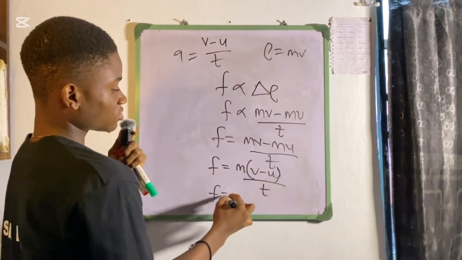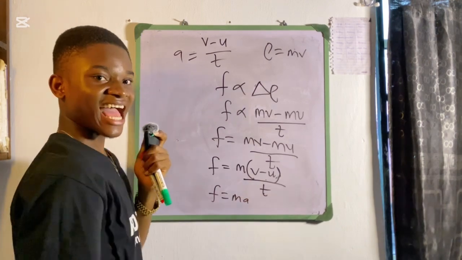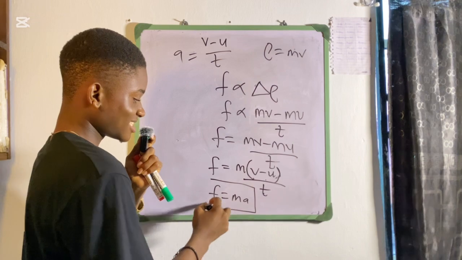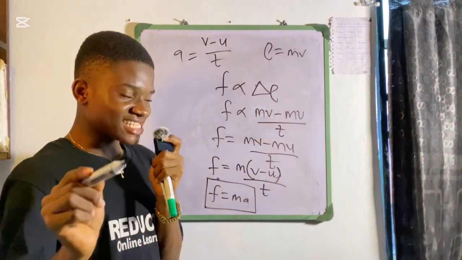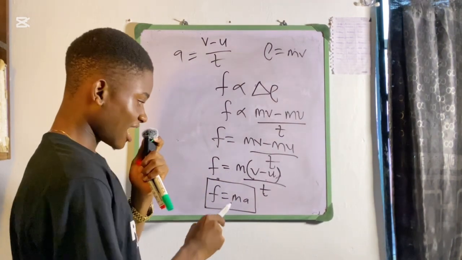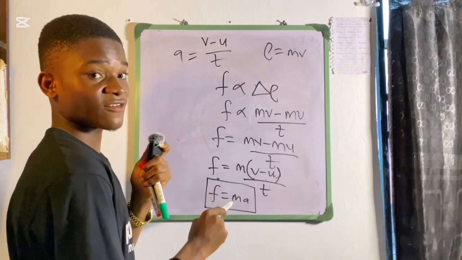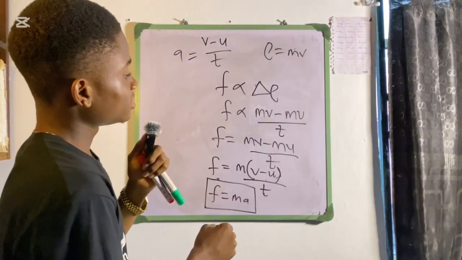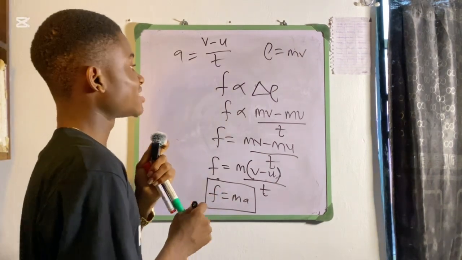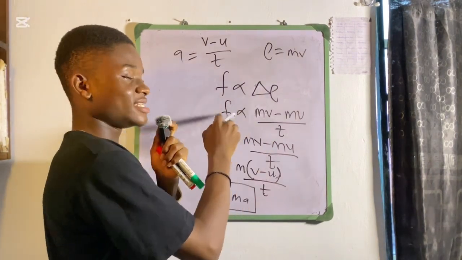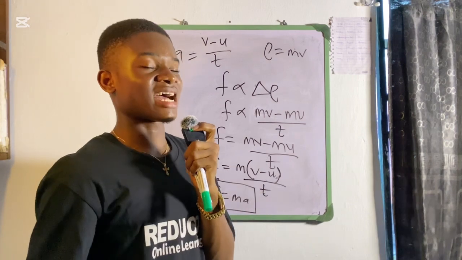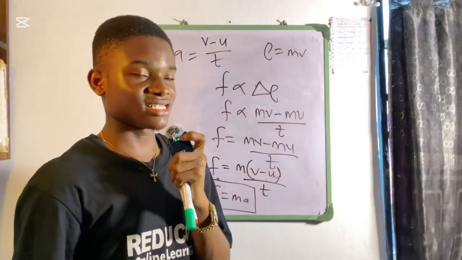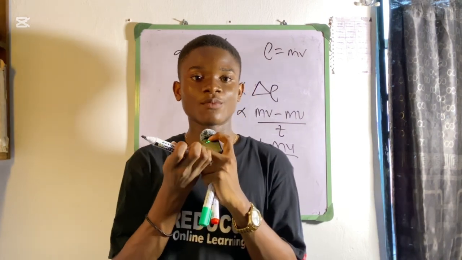So force is equal to ma. I guess this is very amazing because we'll be hearing that force is equal to mass times acceleration. So this is how we arrived at this particular formula for force. You can see it here. This is how we derived it. So the rate of change of momentum is directly proportional to the applied force, and it acts in the direction of this force. So that is Newton's second law of motion.